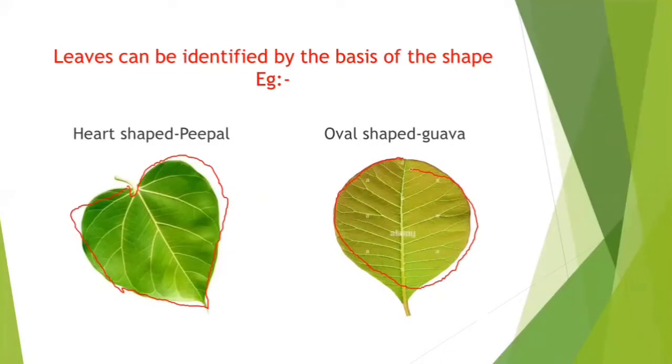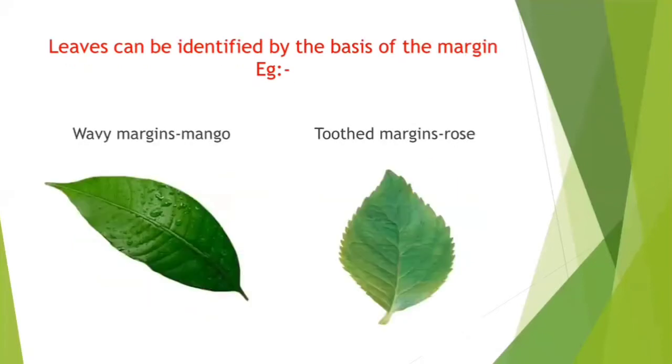So you can identify leaves on the basis of their shape, the arrangement of the leaves, the venation. There are many things about the leaf. Now, leaves can also be identified on the basis of their margins. In the first one, you can see that it has a wavy margin, moving in a curved line like this. See, over here it is going up, then again down in a regular manner. So it comes in a wavy manner, and that's why these are called wavy margins. They are found most in mango.